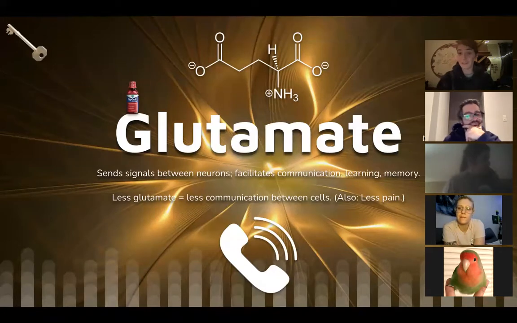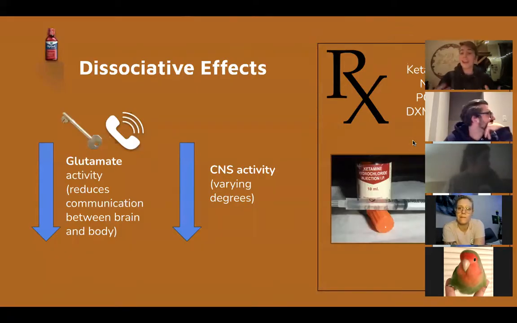So glutamate antagonism, which means decreasing the effects of the neurotransmitter, right? If something is a glutamate antagonist, it decreases the communicative effects of glutamate. An example of this is dissociatives. Dissociatives reduce communication between brain and body, to varying degrees, not always extreme necessarily. Usually dissociatives will also decrease central nervous system activity, respiration, and heart rate somewhat, but that is usually more affected by whether a specific dissociative also acts on other neurotransmitters that are more sedating than glutamate.